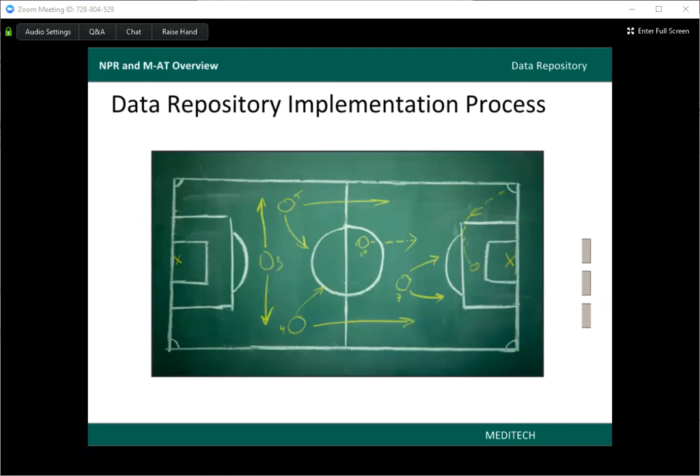Now, let's take a look at the data repository implementation process from getting your test environment up and running to what happens after live has been set up and populated. This video is going to run through the new